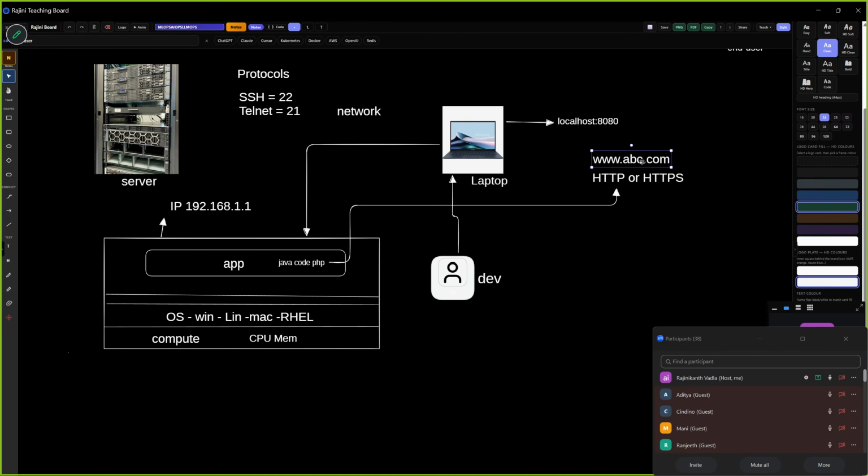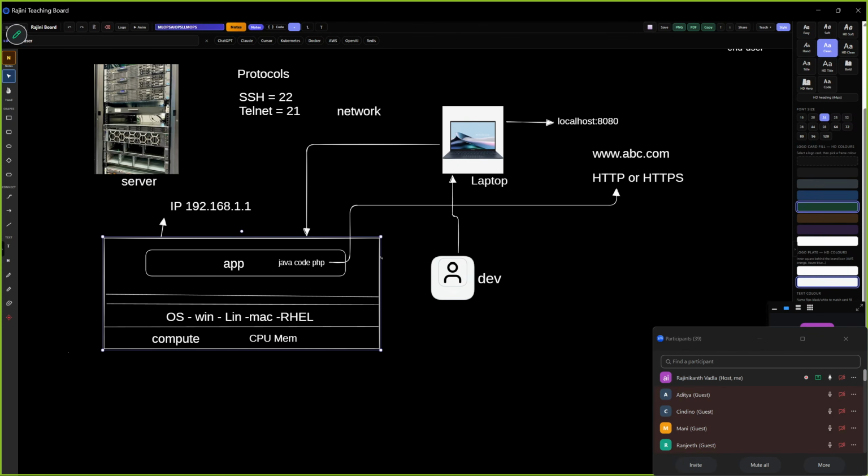So this is again one protocol, the DNS protocol, port 53. For every protocol, we have a number.